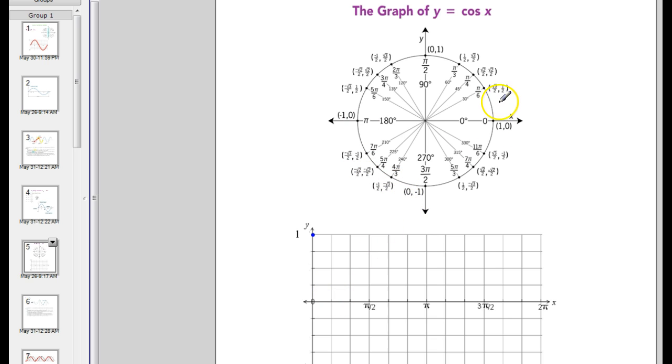At pi over 6, the x coordinate was square root of 3 over 2. So that was the one that was up here. Alright, and then this was, remember, not the square root of 2 over 2. This was 2 pi over 6, which meant pi over 3. So the x coordinate is a half. Alright, and then at pi over 2, the x coordinate is 0. And then again, if you want to fill in the intermediate value right there, we get the square root of 2 over 2, which again, right underneath